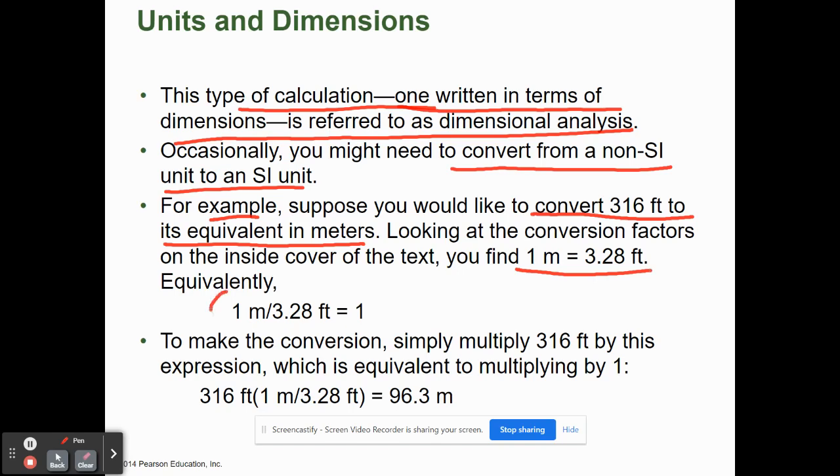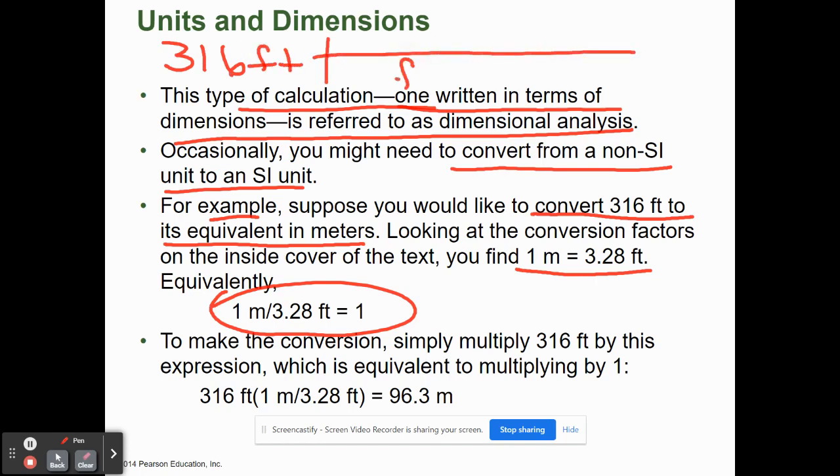So when you make the little ratio, because that's what this is, we would make a ratio equal to 1. So 1 meter is 3.28 feet, so we can set up that ratio, and that's the same thing as multiplying by 1. So here's our railroad tracks, is what we called it. They may look a little bit different, but 316 feet,